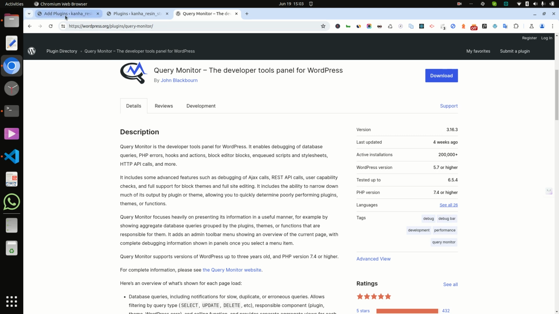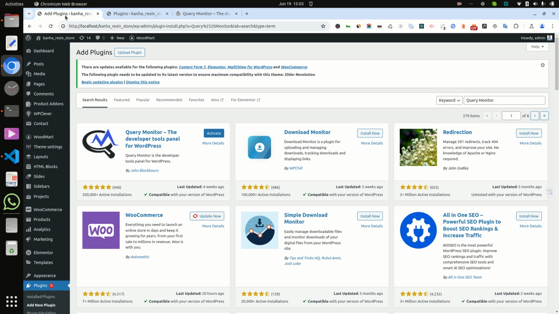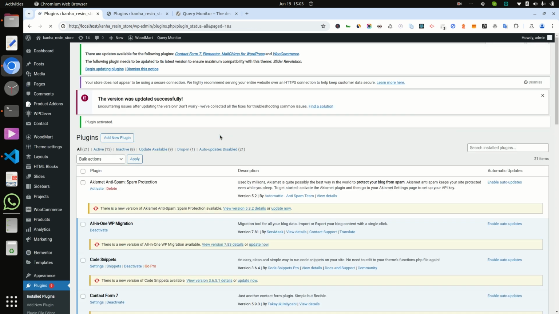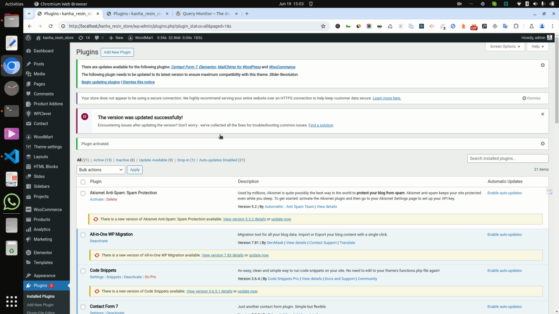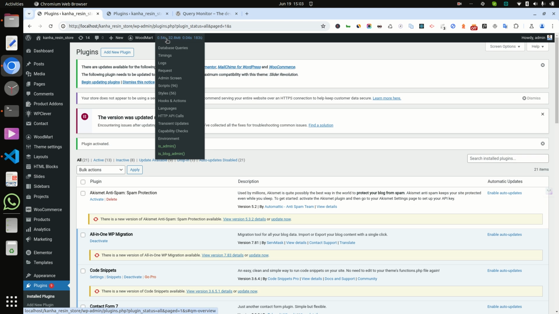So first go to add plugins and search Query Monitor, and you will find it, Query Monitor, the developer tool panel for WordPress. Install it now and click on activate. After activating, you will find all the tabs here, like how much time it is taking, and how much space it is taking,